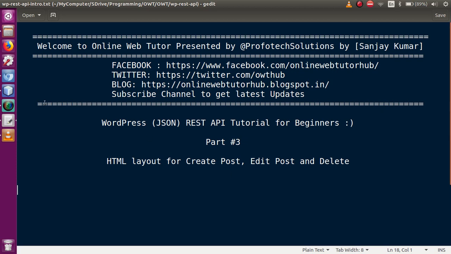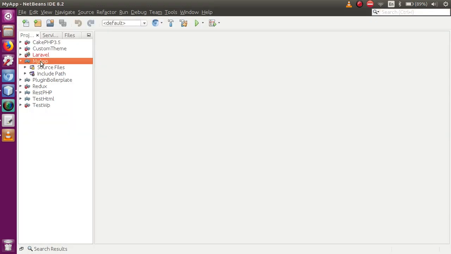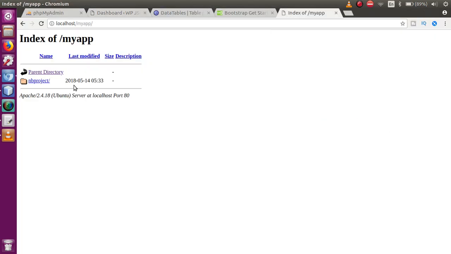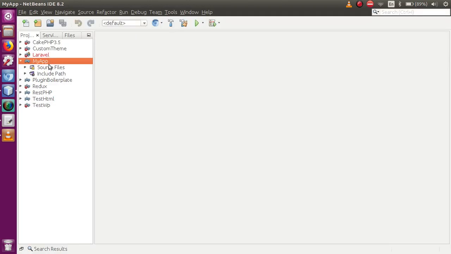So now what I have done is, I have created a folder called my app. Right now it is empty, as you can see. I have imported that project into NetBeans, so that's why it created a folder called nbproject. Now let's say that within this source files, we create a file called